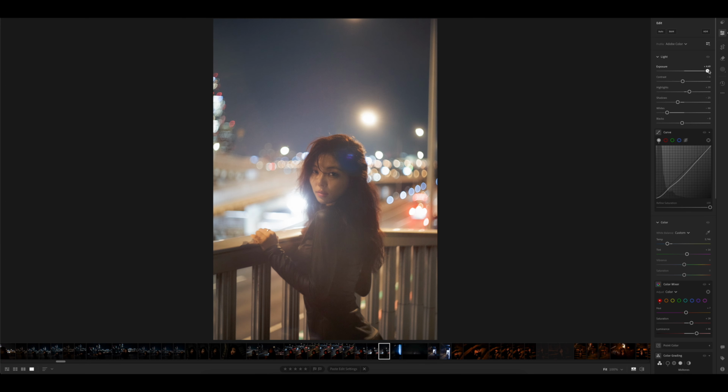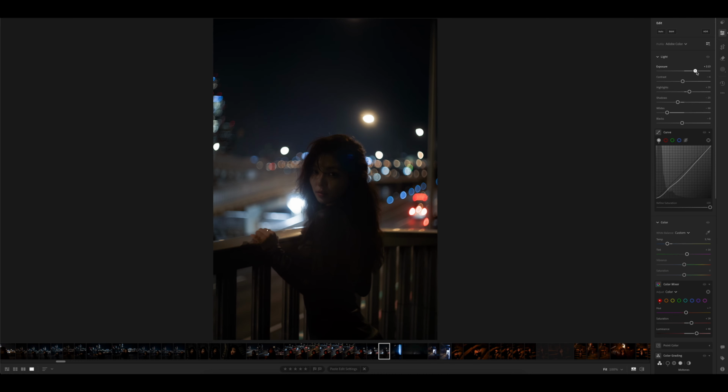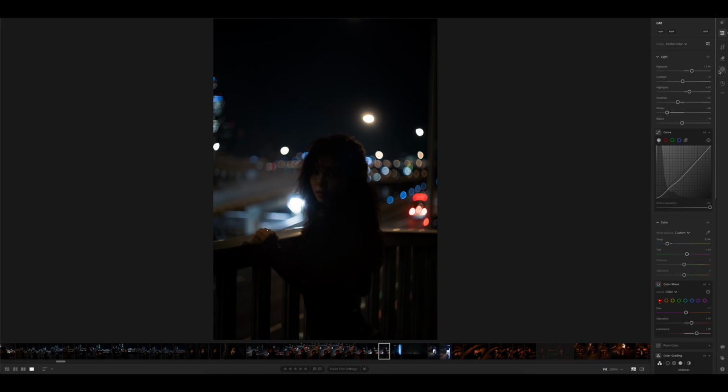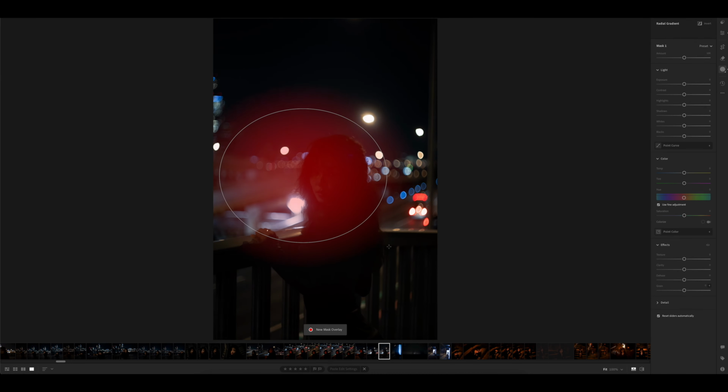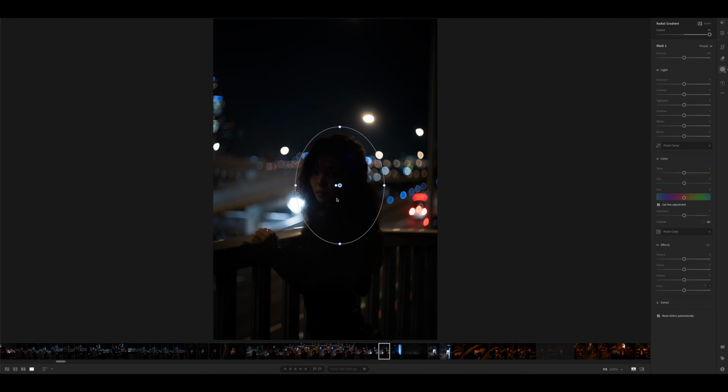And we could just bring up the exposure, but then everything else blows up. So for portraits, it's very useful to use a radial gradient on the model's face and just bring out the exposure on that part, only bringing the focus to her face. Highlights also is a good thing, and even whites to increase on a spot edit